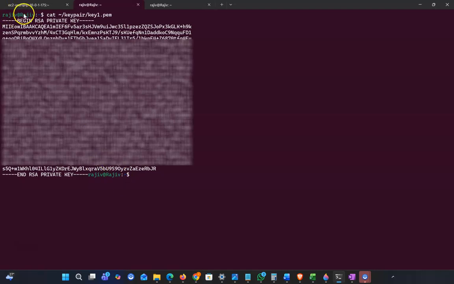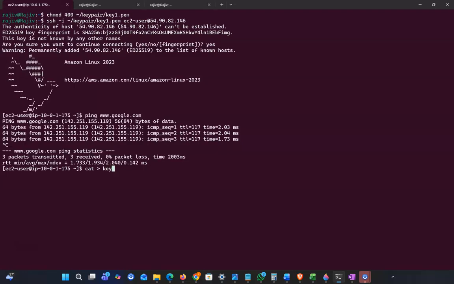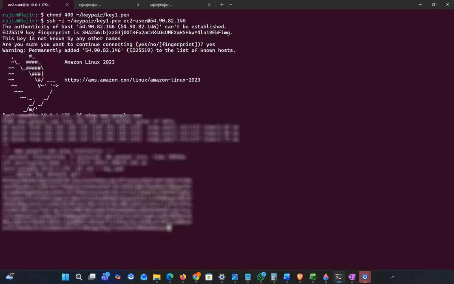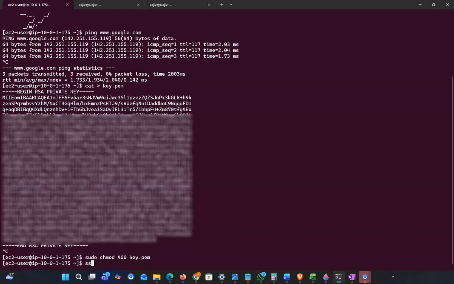So make sure you copy properly. So we need to create a key, key.pem, and copy everything. Then, okay, now you will be able to access that EC2 with ssh -i key.pem ec2-user@, let